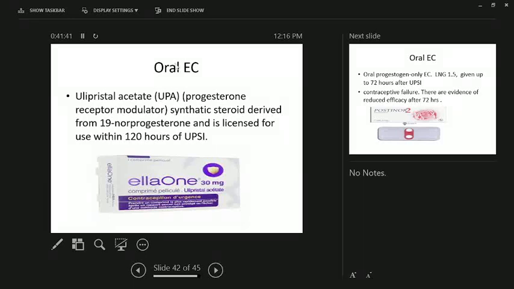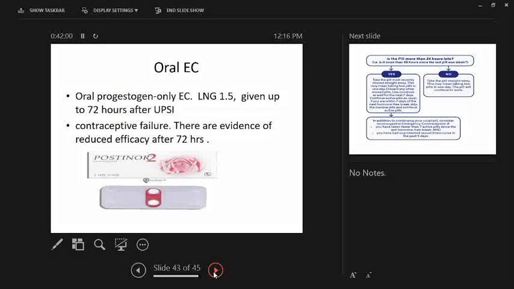And the other thing is oral emergency contraceptives. This ulipristal acetate is a kind of synthetic steroid, and it's a progesterone receptor modulator. It's available in other countries over the counter. We can use it. At the same time, what is available in Sri Lanka is